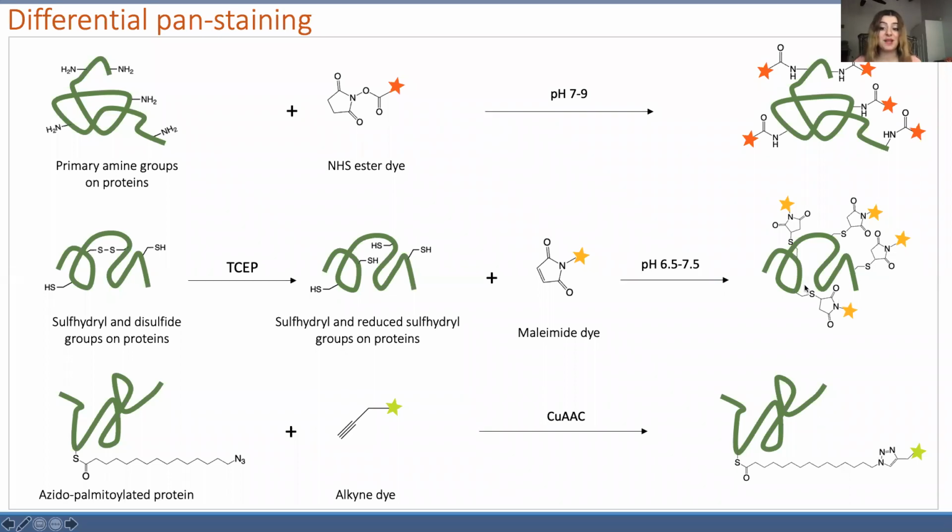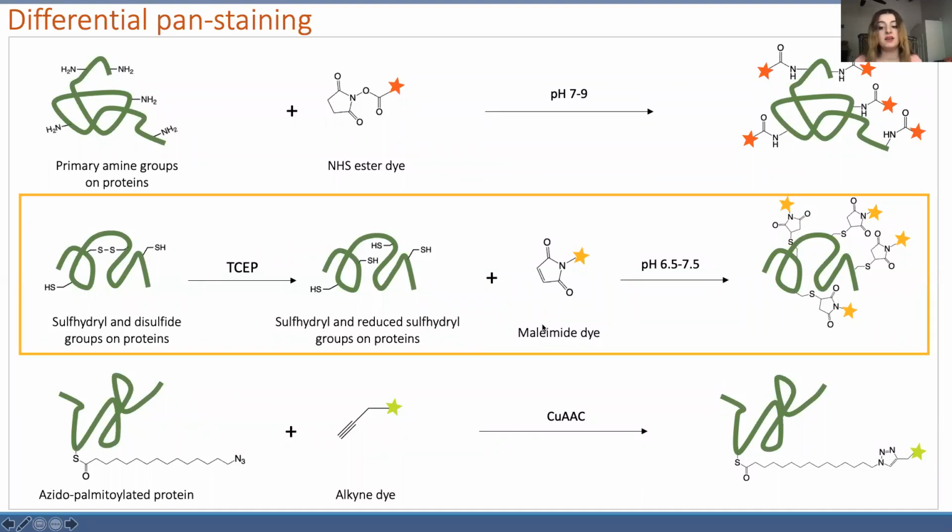Now that we confirmed that the palmitoylated proteome is spatially distributed across membranous subcellular compartments, we tested the hypothesis that the distribution of proteins with different amino acid compositions is also compartmentalized, extending the technique of differential pan staining to the fundamental building blocks of proteins, the amino acids. In the first example, we combined the NHS ester pan stain with a maleimide pan stain that labels thiol groups